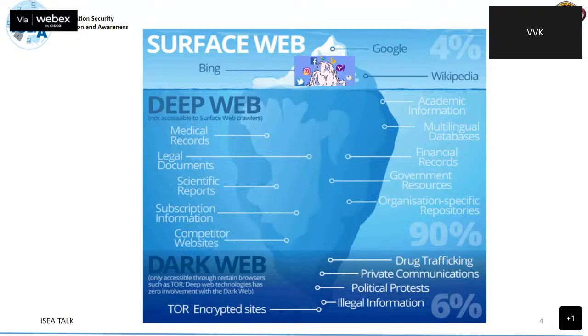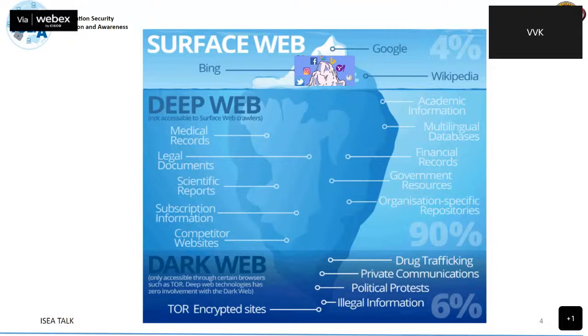But what we see in the web is just 4% of whole data that is actually there on the internet. So that 4% is called the surface web. Anything which is there with Facebook or Google or Wikipedia or Bing, Twitter, Instagram, that is all just surface web. And it amounts to only 4% of the whole data that is there.